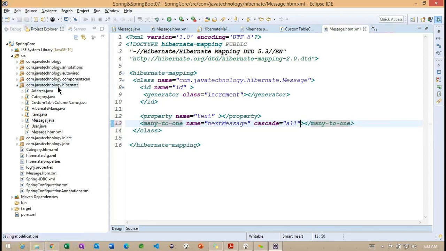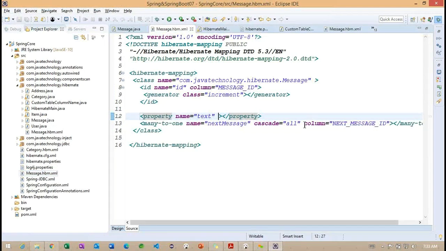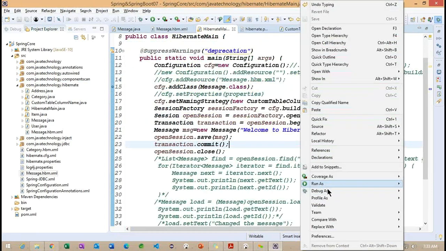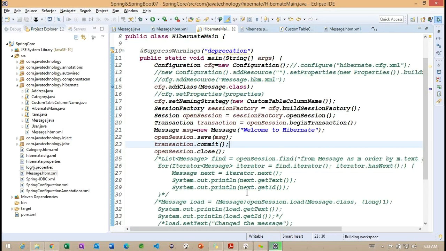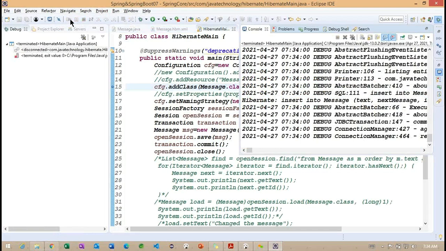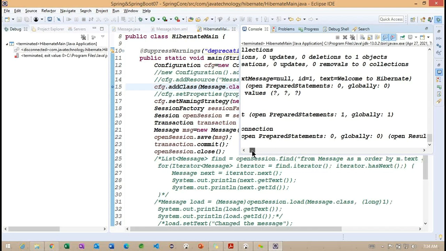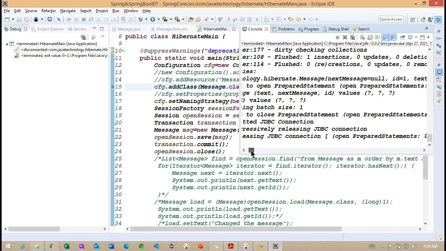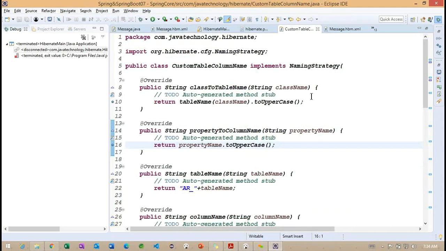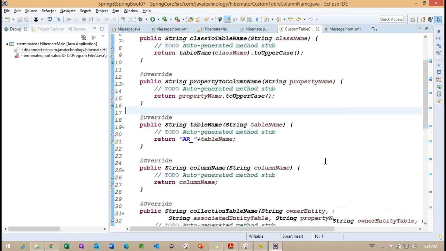So we'll try to remove this also. Okay, text will have an auto ID.